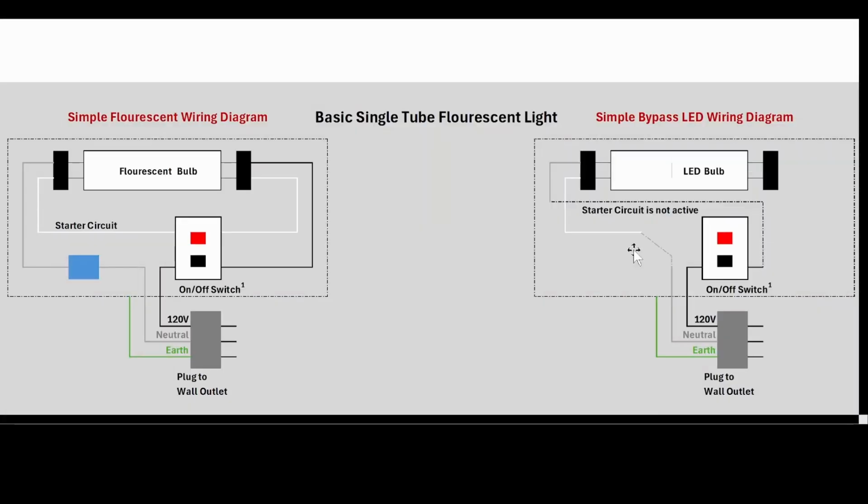Let's now look at the before and after on this simple wiring diagram. By before and after, I mean the before is the simple fluorescent wiring diagram on the left side, and on the right side we have the simple bypass LED wiring diagram. Now recall I mentioned at some point that these LED bulbs are like a simple incandescent filament style light bulb in that they have current coming in on one side, leaving through the same side through neutral, and that's pretty much it. None of this extra circuitry over here is needed for the